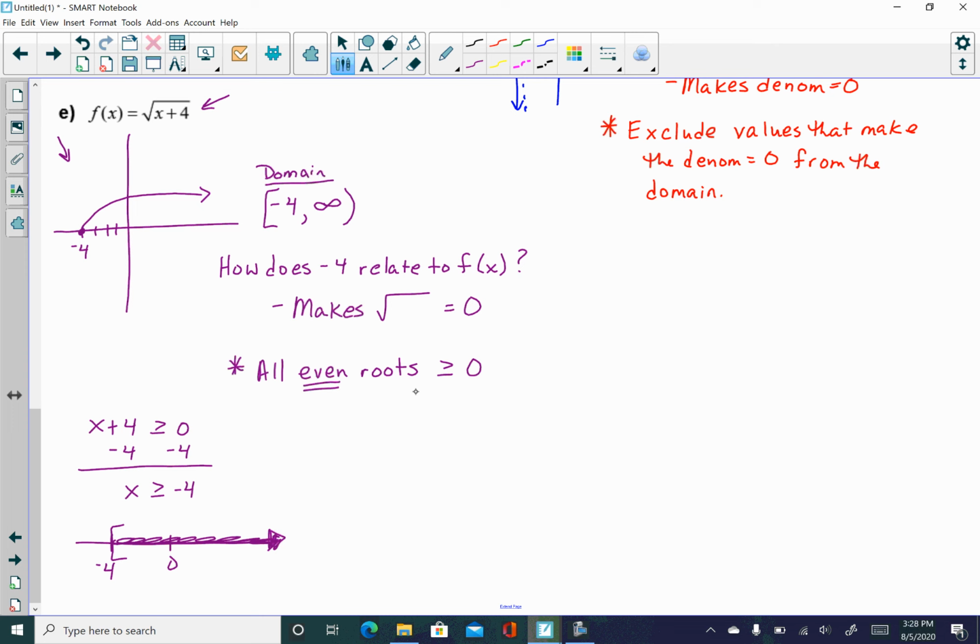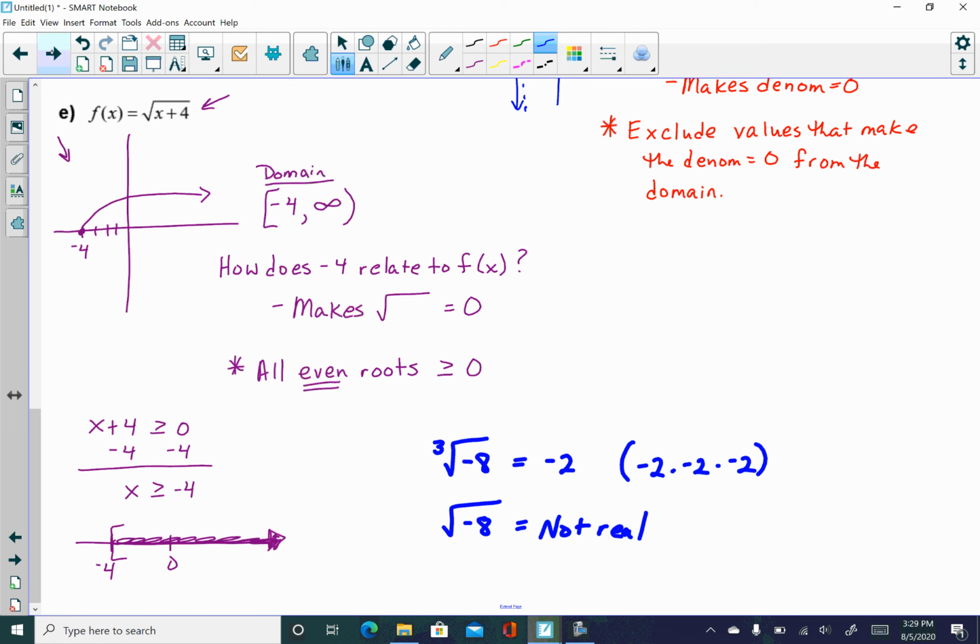Now, if it was a cube root up here, it would just be all real numbers, okay? Because think about it, you can take the cube root of a negative number. So if you had the cube root of -8, that's -2. Right? Because what that means then is -2 times -2 times -2, that equals -8. But the square root of -8 is not real. Okay, it's imaginary. That's coming later, in unit 3. Okay, so something to look forward to. All right, so